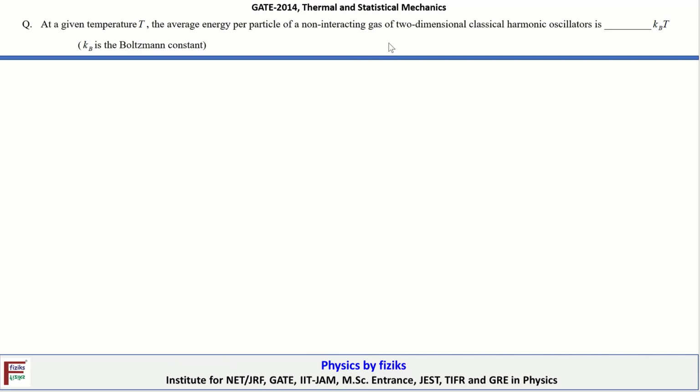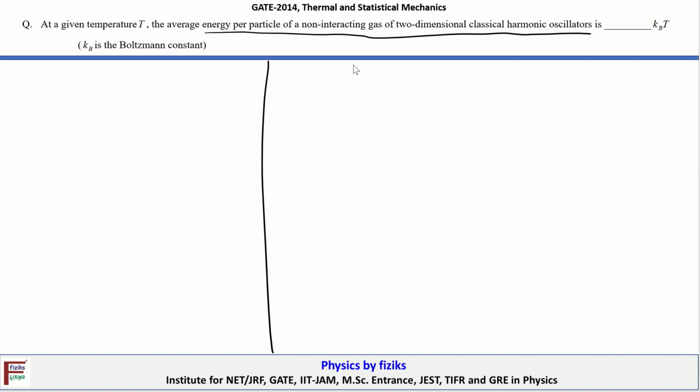Let's take a look at the next problem. We are given that at a given temperature T, the average energy per particle of a non-interacting gas of two-dimensional classical harmonic oscillators is how much? Okay, so if you just recall that for a two-dimensional classical harmonic oscillator,